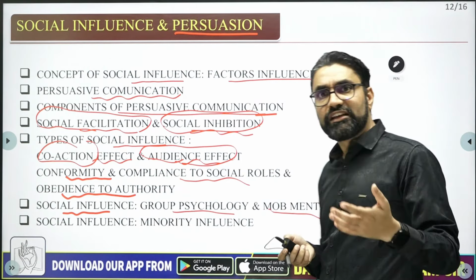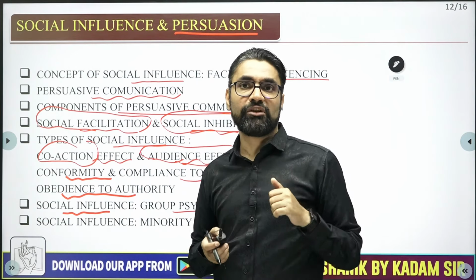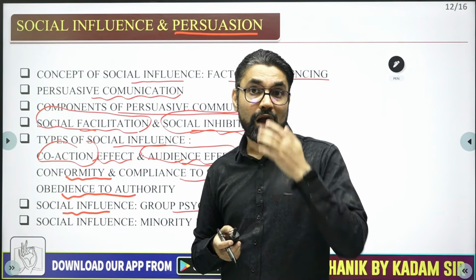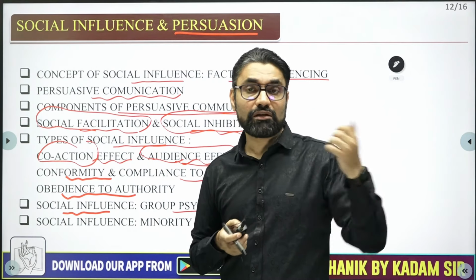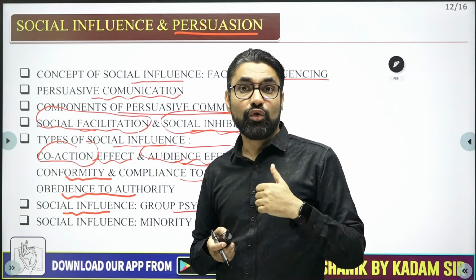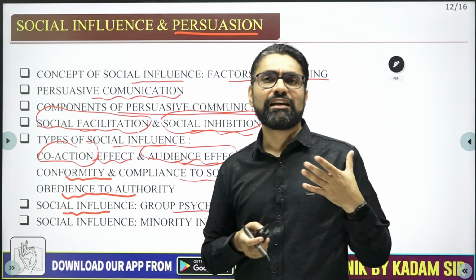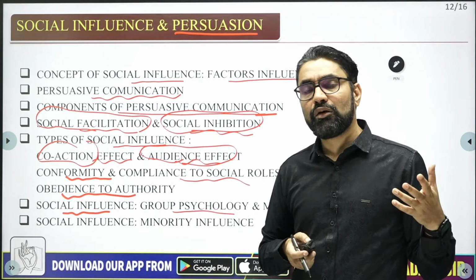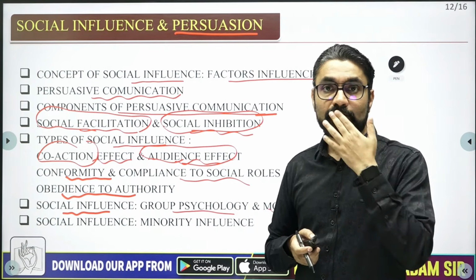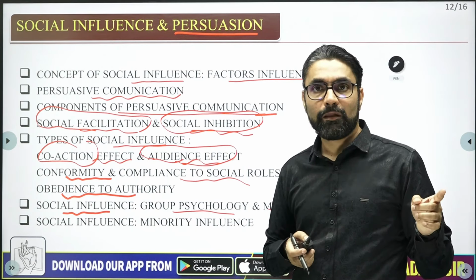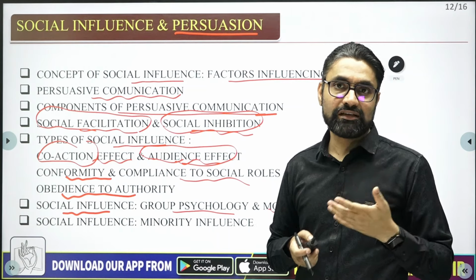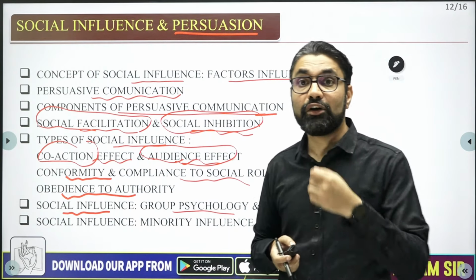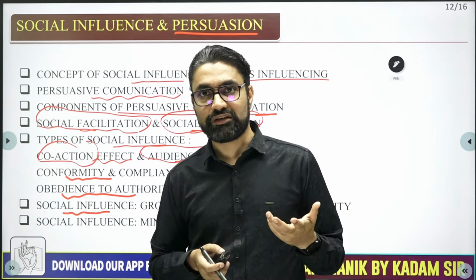Why do people go to an extent where they murder someone in mob lynching? Alone, you will not slap someone, or these people will not slap someone if they are alone, but in a group they go on murdering, rioting, raping, or to an extreme level. So why do people think in such an extreme manner? What exactly is going on in their mind? This we will discuss in the social influence of group psychology, or group social influence.